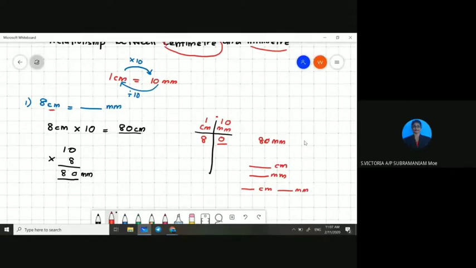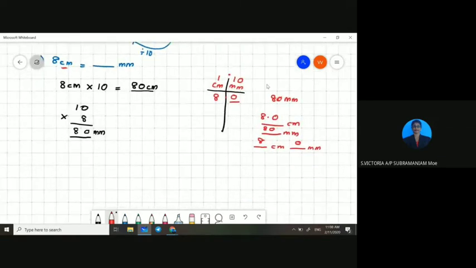Centimeter, normally we can put the decimal point. The bigger unit will have the decimal point. The small unit won't have a decimal point. And when you want to separate centimeter, whatever is in the centimeter house, you write with centimeter, and whatever is in the millimeter house, you write in millimeter. So these are the 3 types of answers that we can get when we are using the T method.